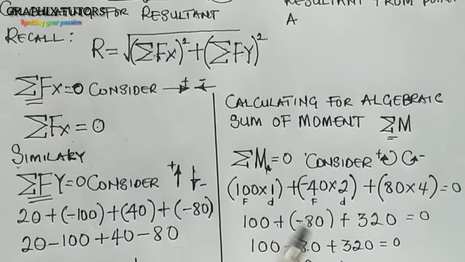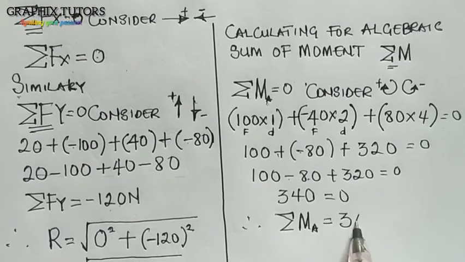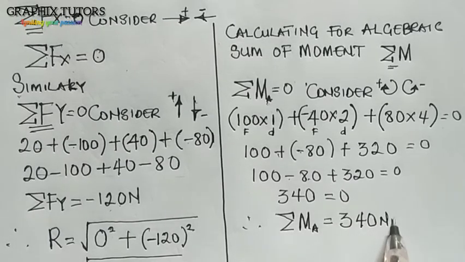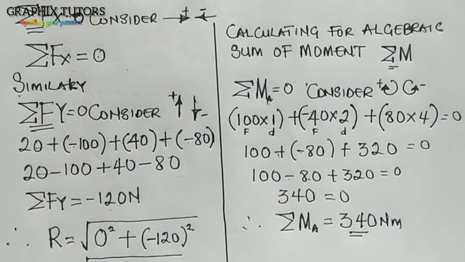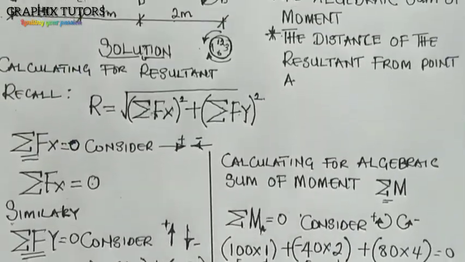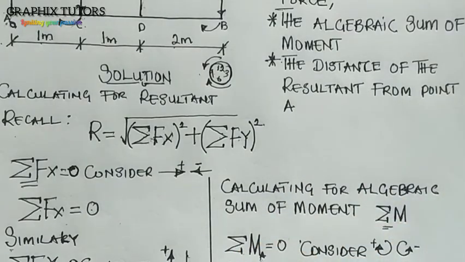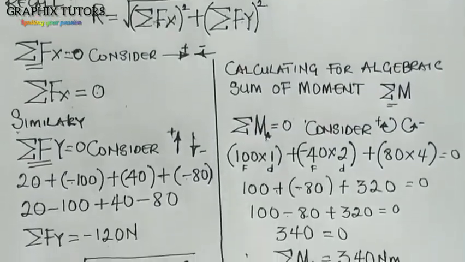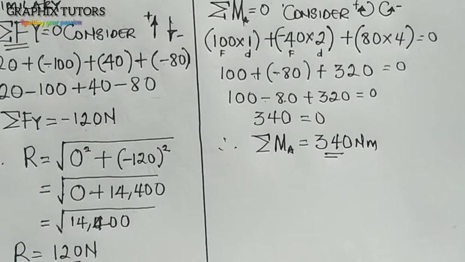So since this is equal to 0 and this is equal to 0, therefore my summation of moment about point A is equal to 340 Newton meter. That's the unit for moment. Now we've gotten the second one, which is calculated for the direction of moment. The next one is the distance of the resultant force. We want to know the distance of the resultant force. So what we'll do is we'll write here